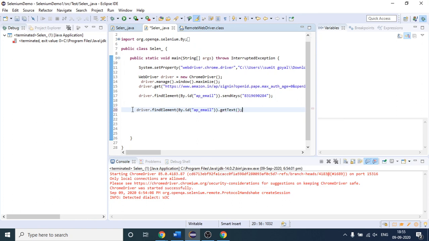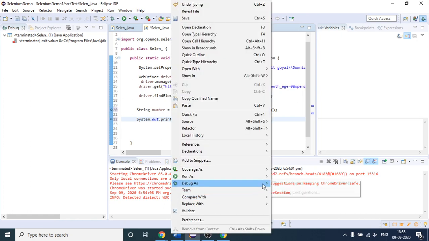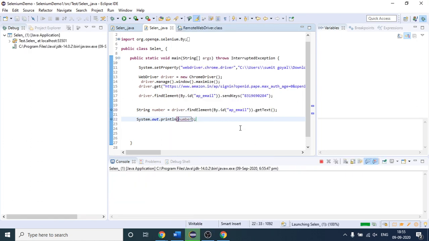Okay, after that this will return me a string. You can see that this is a string only, it is not an integer value. So at the end we are going to just retrieve that number. So value will catch here a string number, you can say, and I will simply print that number. Let us see what is the output we are getting. So let us first debug this, right? I am putting a debugger. Let us see what will happen.